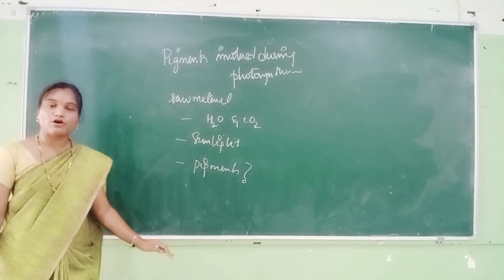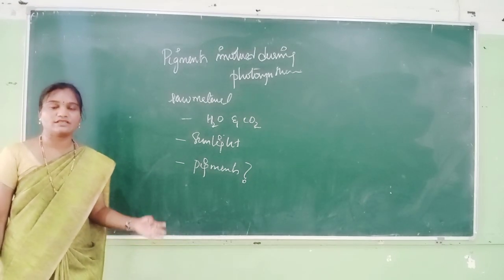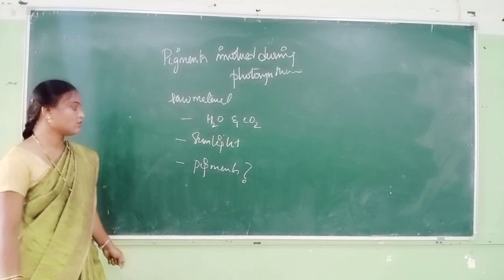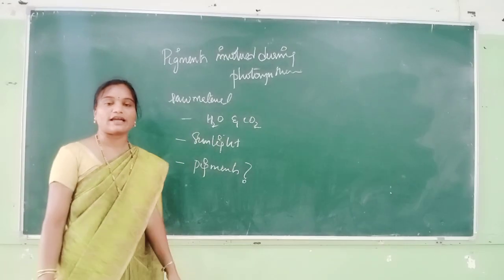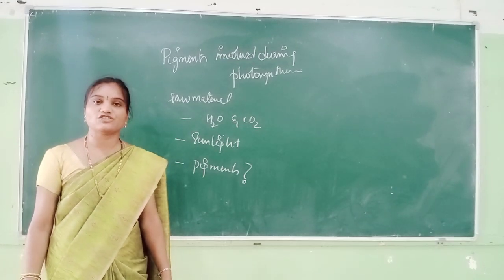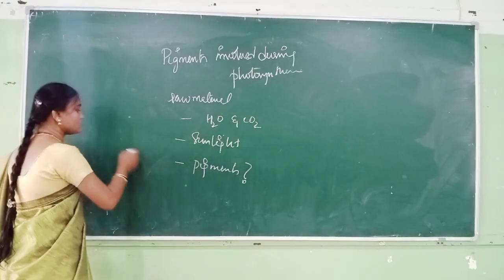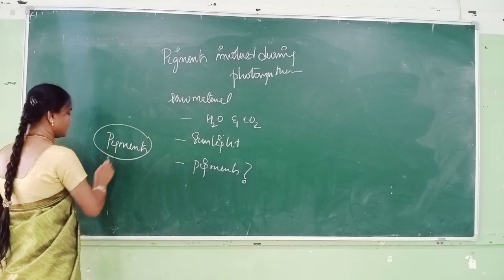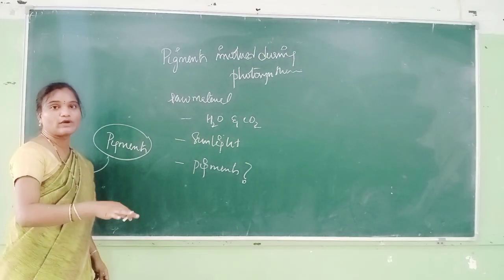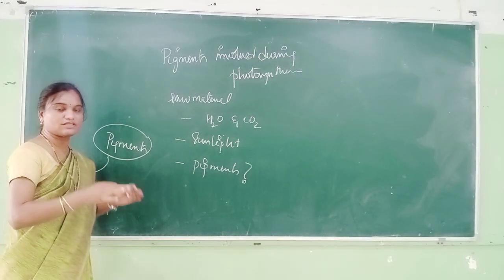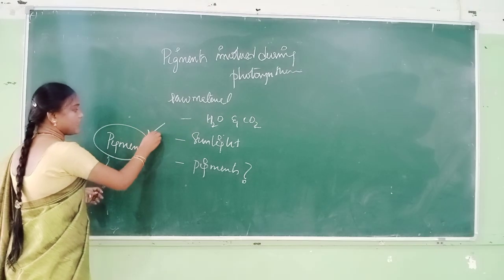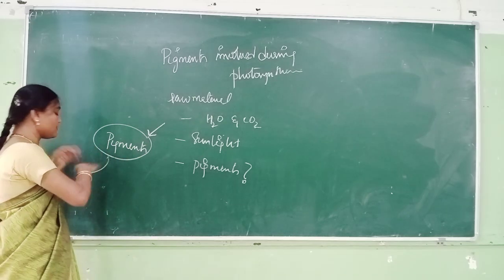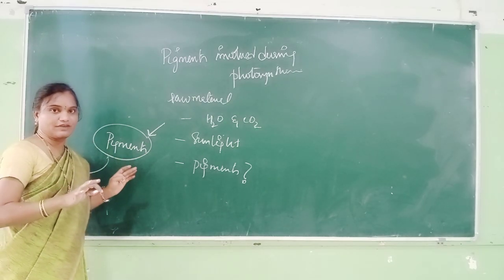So coming to the importance of pigments and the different kinds of pigments involved during photosynthesis, that you will be learning in this session. So what is the main important factor of pigments? Pigments, when they absorb a certain amount of light, as I said earlier, will reflect all the not required wavelengths of light. In simple words, it will absorb the light that it needs, and it will reflect all the light containing wavelengths it does not need.